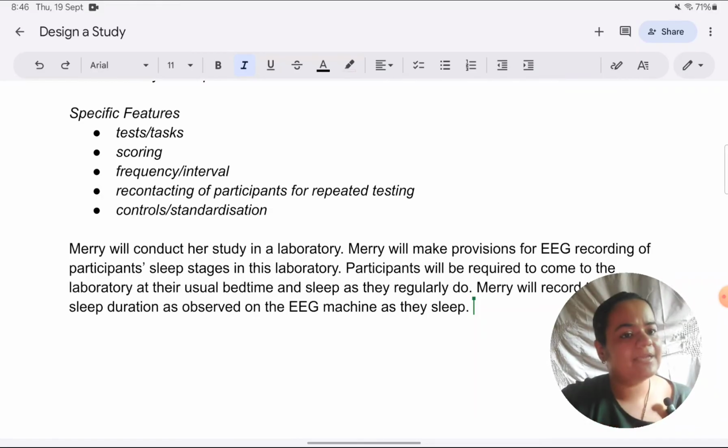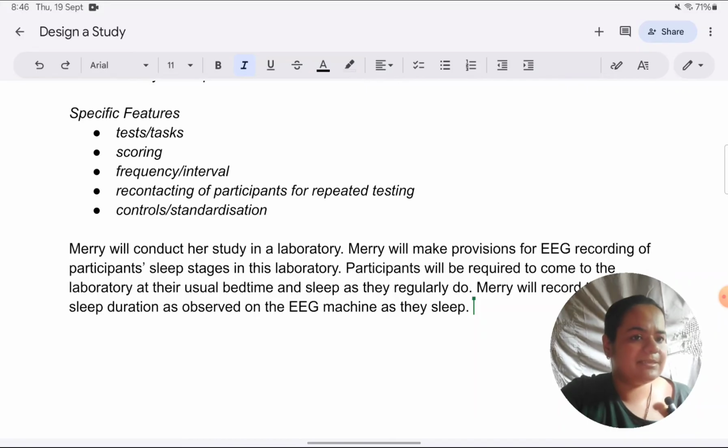Should we write about as many standardization points, or whatever can be done for standardization in the procedure? Should we write all possible controls in the answer? No, you can just give one or two examples. So right now I don't want to give examples from how the electrodes are being attached. I will use some other point to cover standardization and controls. So it's up to you. When I'm writing an answer, it's just a model answer or a sample answer. Your answer can differ from mine as long as you're covering the features sensibly in your answer.